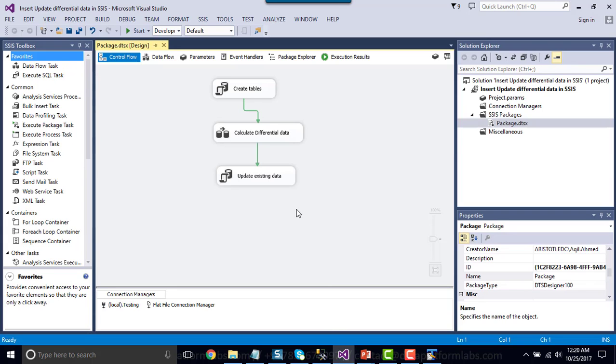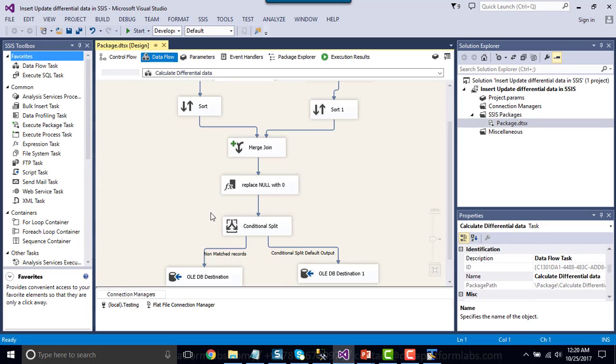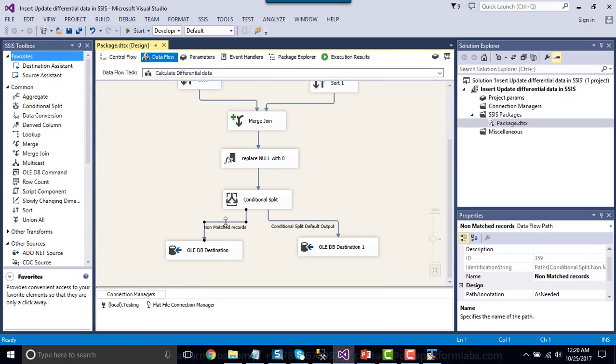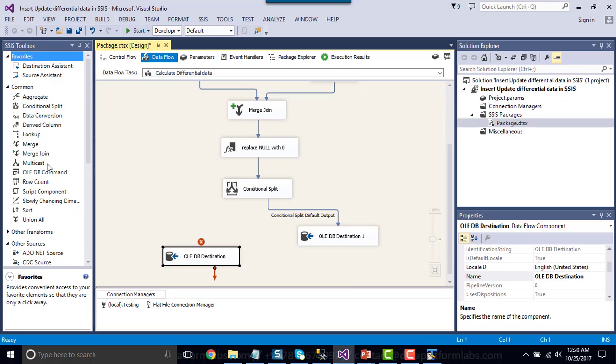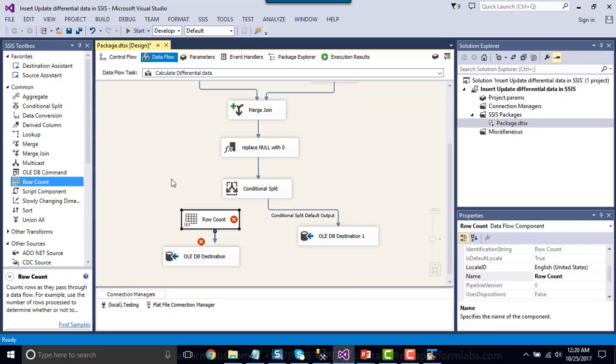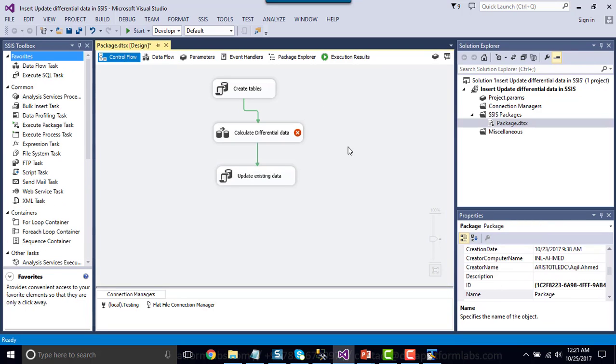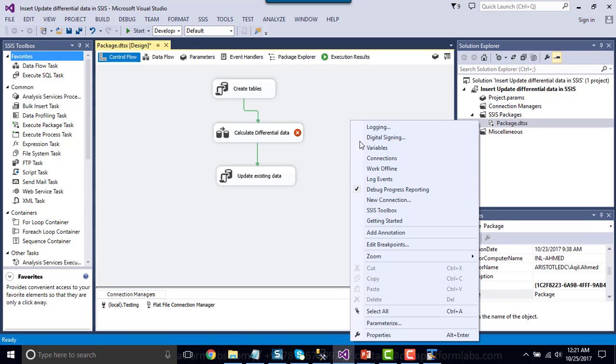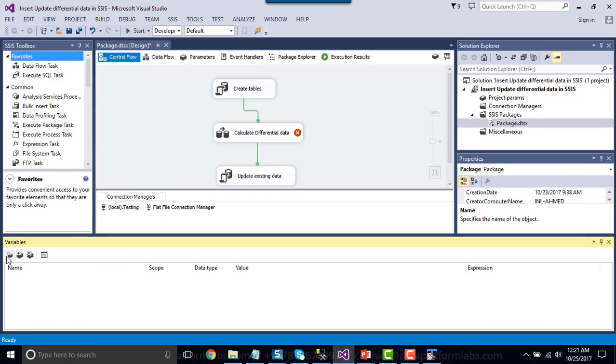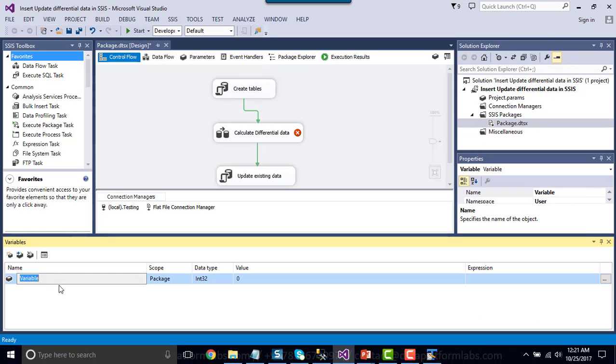Now for the records inserted, we can use a row count transformation here. But before doing that, let me create two SSIS variables, one for insertion and another one for updation. Right click on the control flow and select variables, and then click this icon to create a new variable.